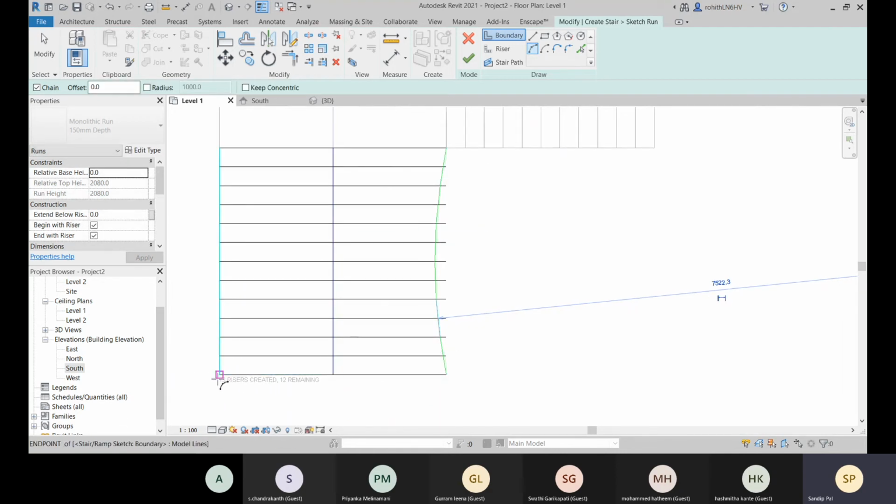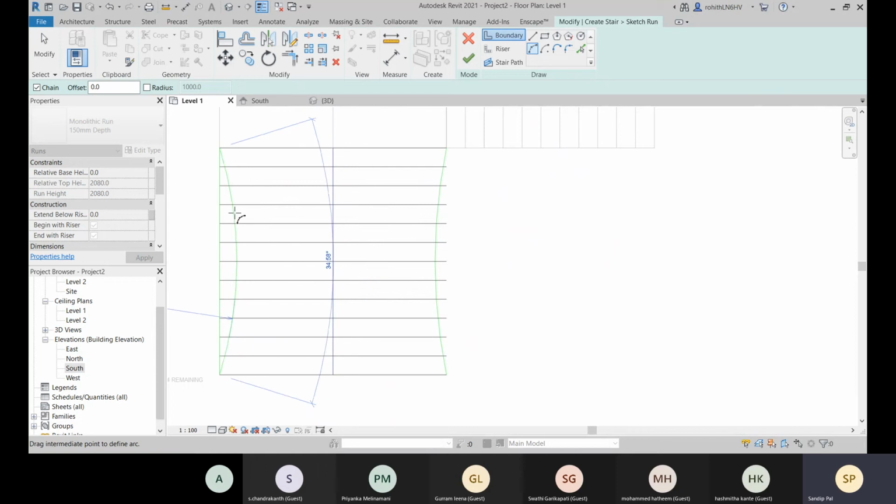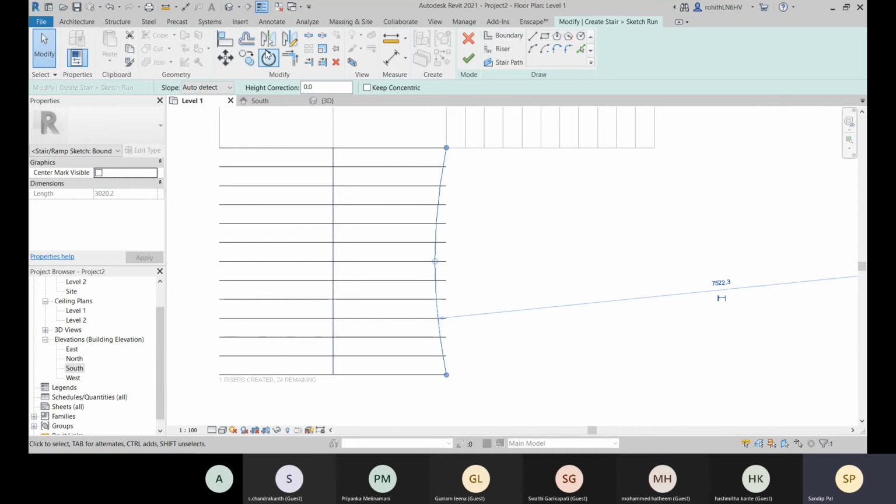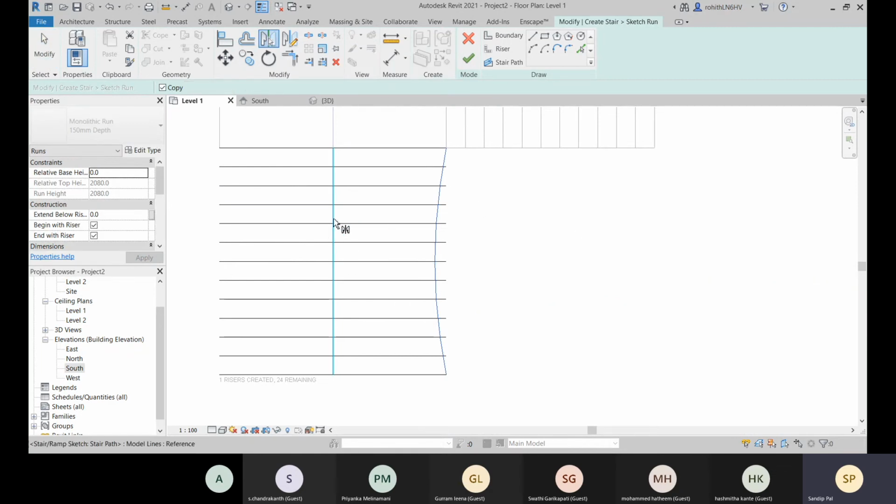Okay, or else you can mirror this one. For that, you have this mirror pick axis. If you already have one axis, you can go with this. If you don't have any line or axis, then you will go with this draw axis. So let's go with this mirror pick axis. This is selected. Now I'll select this axis, and this is done.